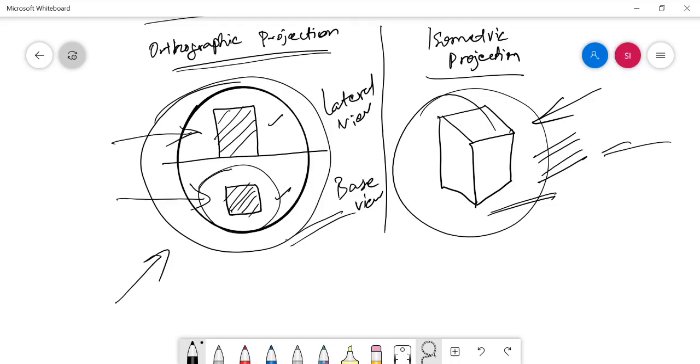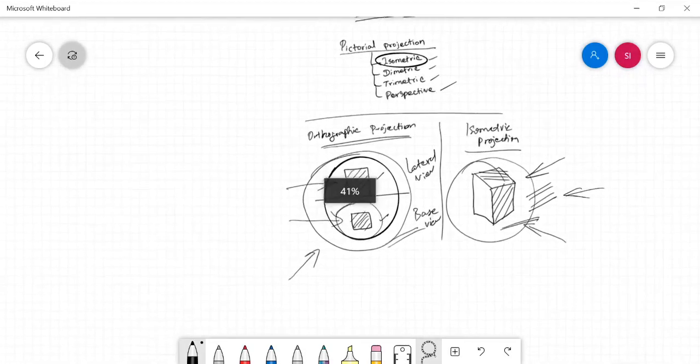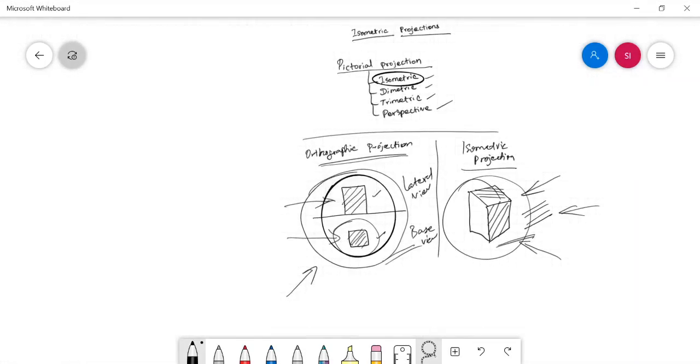But in the case of isometric projection, both base and side face can be easily shown in a single view. This is one more advantage of isometric projection. These are unique properties of the output from the isometric projection concept, and it shows the exact appearance of the object very near to the human eye. So in this way we can develop the three-dimensional views of any object by using the isometric projection concept.